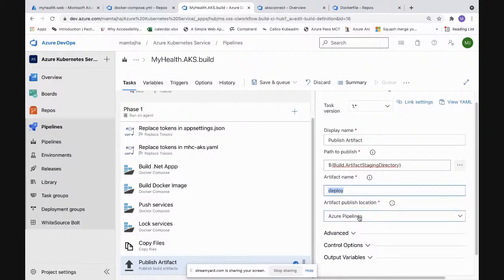Now, this would be published in Azure Pipeline. You have the option of file share as well. I'm using Azure Pipeline. That means in this pipeline itself, it would be used. Now, this was the task section.